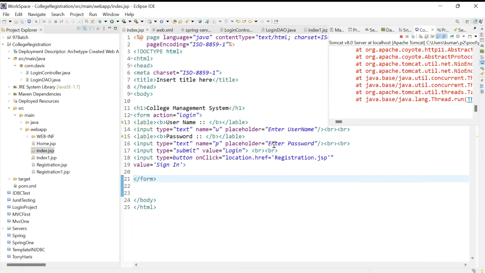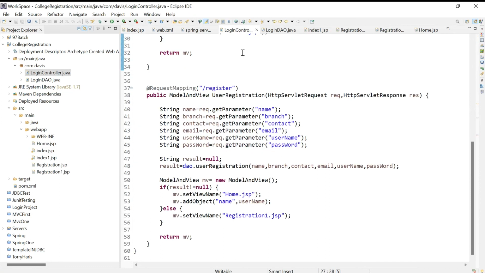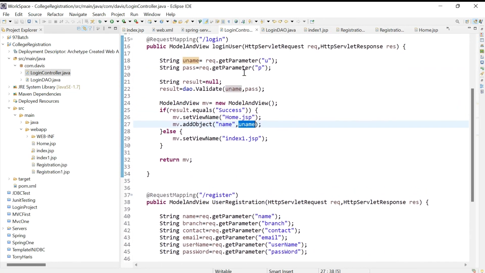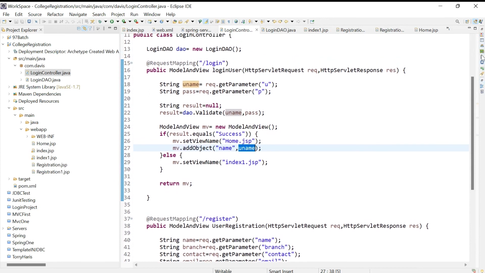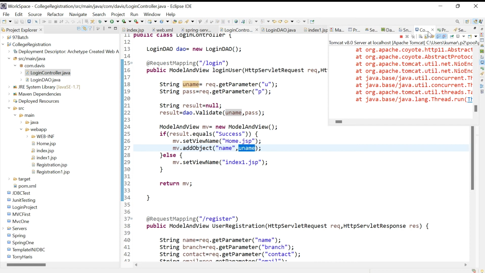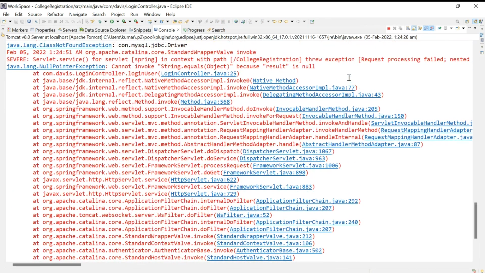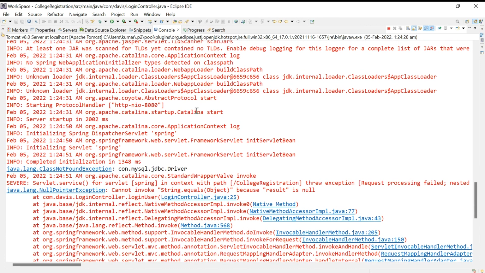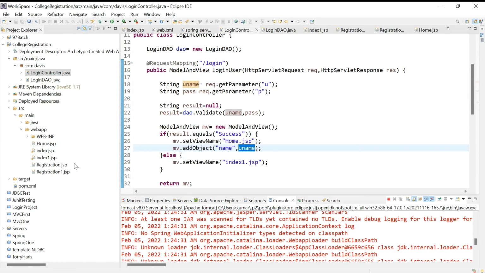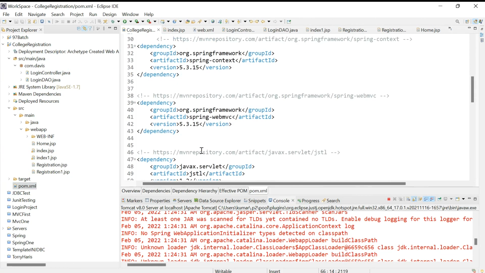Okay, let's see what is the issue. We'll see here. Class not found. com.mysql.jdbc.Driver, this class is not found, it's saying. So that's why it is giving the null pointer exception. Okay, if we go to the pom.xml,